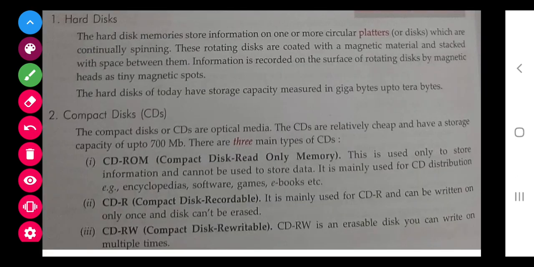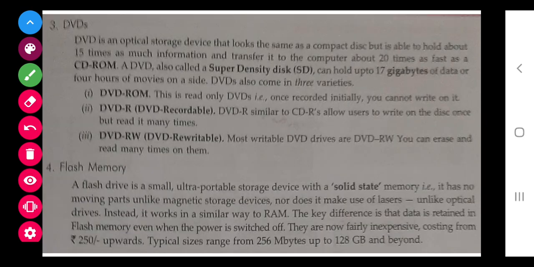So it is given about the hard disk, and here is the compact disk. Compact disk, that is CD, is of many types, like CD-ROM, CD-R and CD rewritable. So different CDs are available in the market for different purposes. If you want a CD in which you can delete the data and again store something in that, then you will use the compact disk rewritable. If you want it only for storage purposes, then you will use the recordable. So these types of CDs are available in the market.